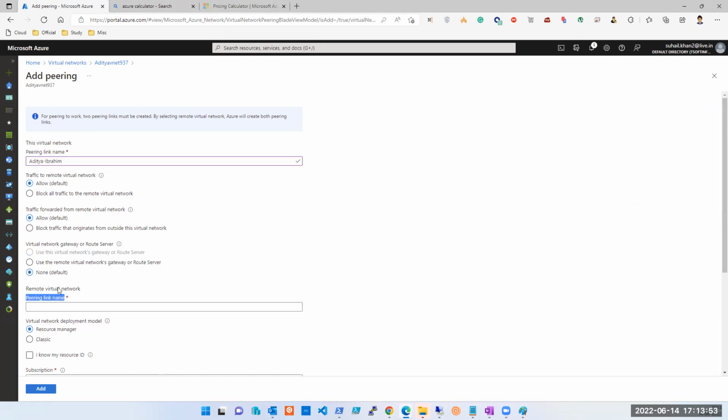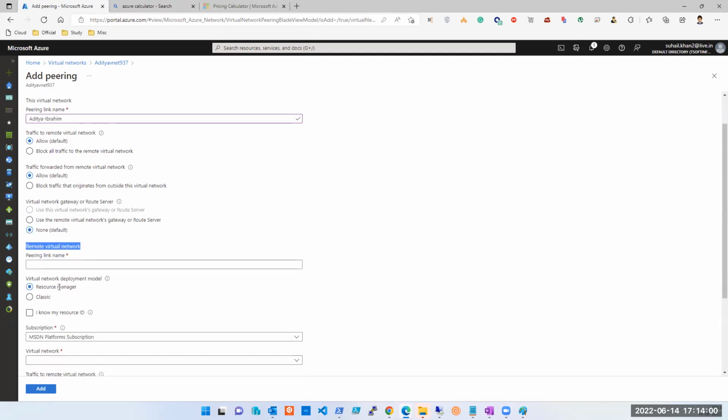Now remote virtual network. Remote virtual network कौन सा है हमारा? Ibrahim's virtual network. Right. So now we are configuring Ibrahim's virtual network, sitting on the same page. ठीक है, we are not leaving the page. Initially हम लोगों को जाना पड़ता था Azure Classic में। वैसे अभी Classic वाले क्वेश्चन कोई नहीं पूछता है। इन केस किसी ने पूछ लिया, यू कैन सिंपली से Classic पे काम भी नहीं किया हम लोगों ने, बट याद आ जाए तो बोल सकते हो कि Classic में इतने सारे लिमिटेशंस थे जो न्यू Azure पे ये सब हो गया है, ठीक है।